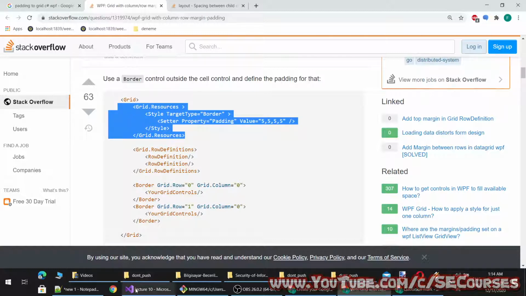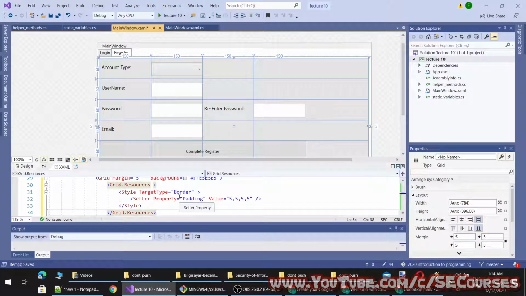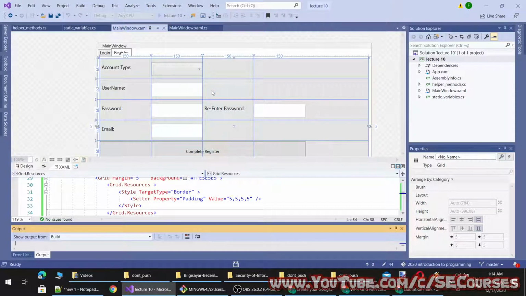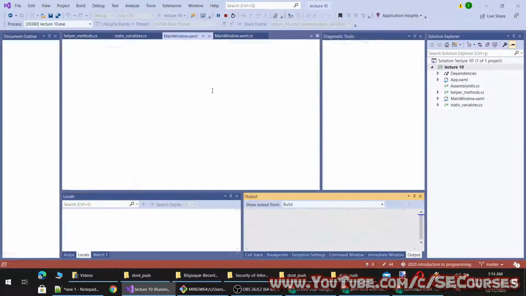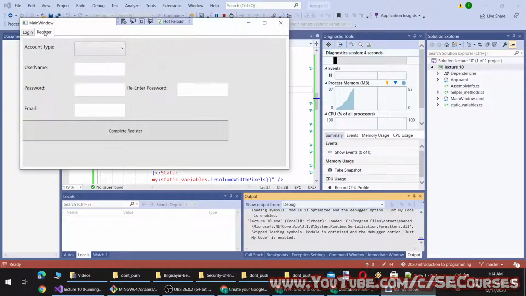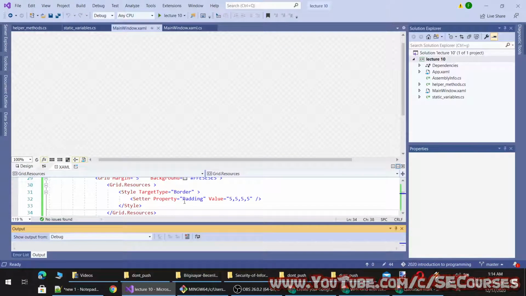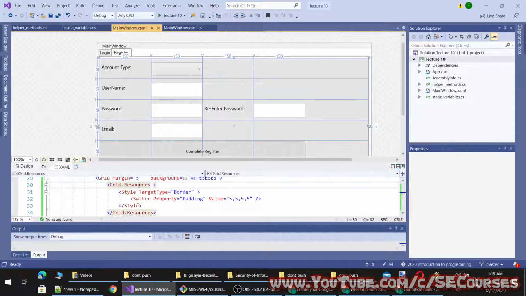Let's try this, maybe this will work as we wanted. So we write it here, grid resources, and let's run the application. I think it doesn't work because I still see this is exactly aligned to the grid itself. So this didn't work.